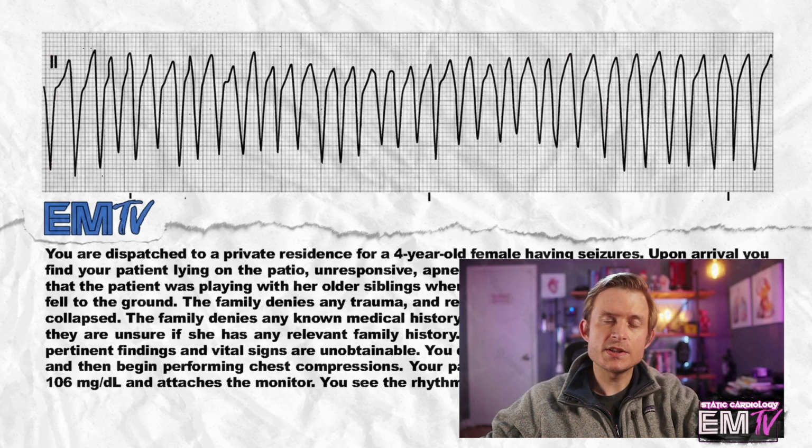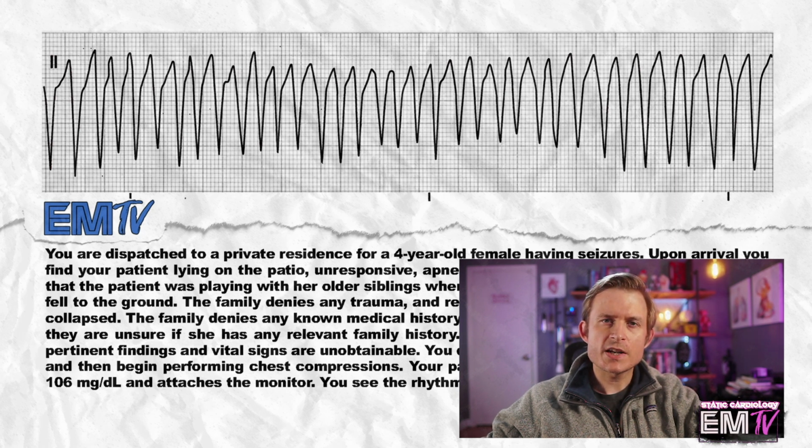Now, the seizure activity that you were called out on initially was likely the result of hypoxia due to this non-perfusing rhythm causing a reduction in blood flow to the brain. It's very common for rescuers and lay people to witness seizure activity immediately prior to a cardiac arrest event, and this is simply because the non-perfusing rhythms do not allow oxygenation and circulation to the brain. It should also be noted that pulseless VTach is incredibly rare in this age group and is very likely the result of an underlying cardiomyopathy or channelopathy that may have been present from birth.